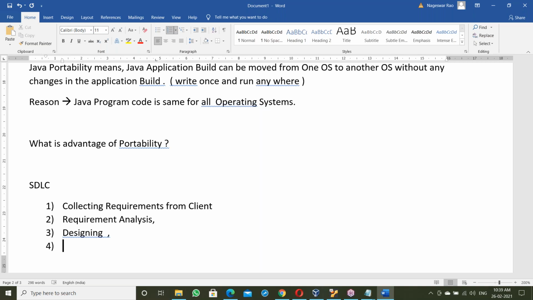So here the architect is a key role. He has to decide which is the best software to fulfill client requirements. Is it Java, or .NET, or Python, or Hadoop, or Spark? The architect has to decide. The architect is a key role in the project. If the architect is good, the project is a success. If the architect is good, then the project is well and good.